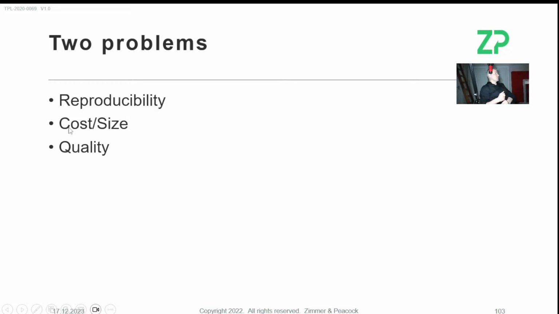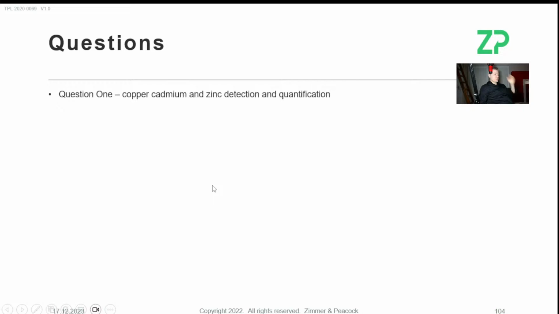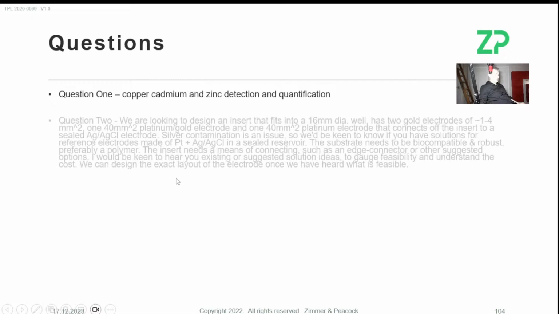Cost is a concern. Platinum is expensive. Whenever you can make an assay work on carbon, always choose carbon. Size is a concern here. 40 millimeters by 10 millimeters will impact cost, and quality is linked to reproducibility as mentioned earlier. So question number 1, the reason I think you've got the extra peaks is because you're in ammonium acetate. When we were doing our work, we were in something that was much more like tap water, because that was the challenge that we were trying to face.